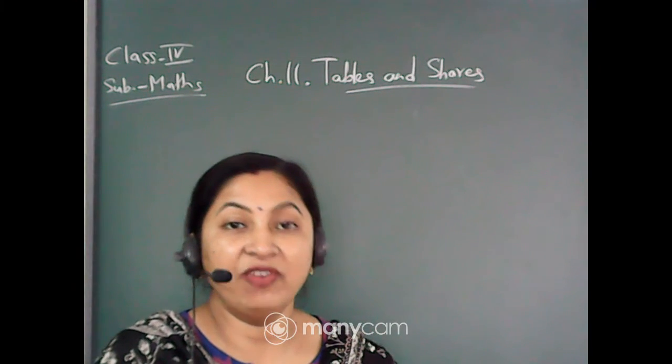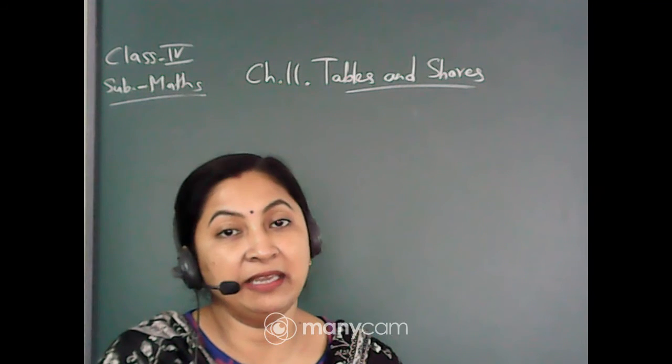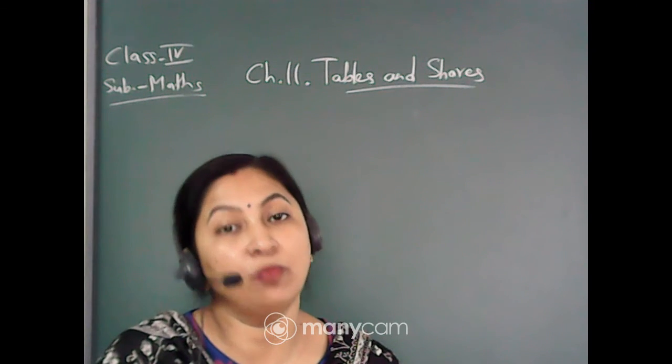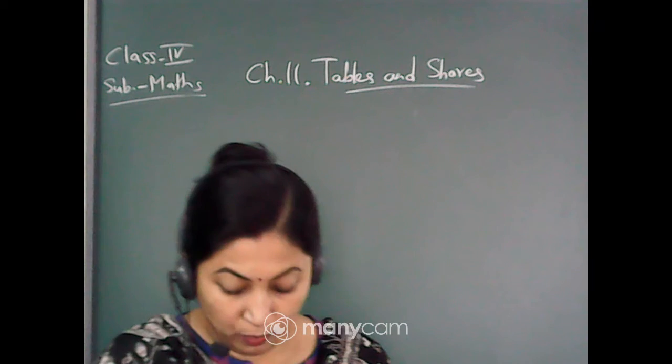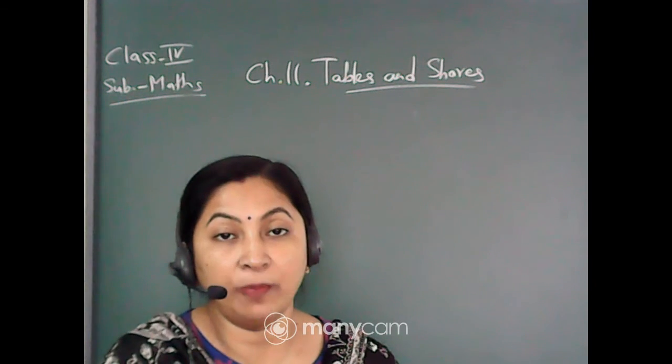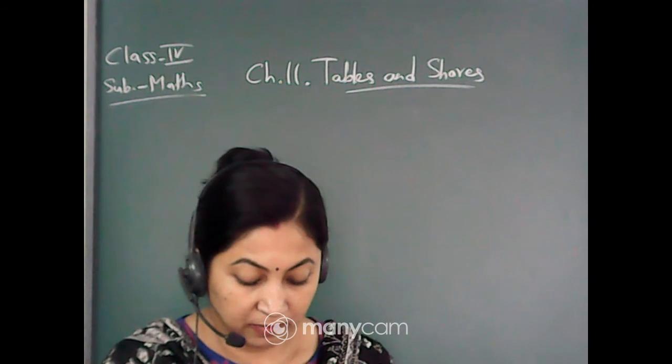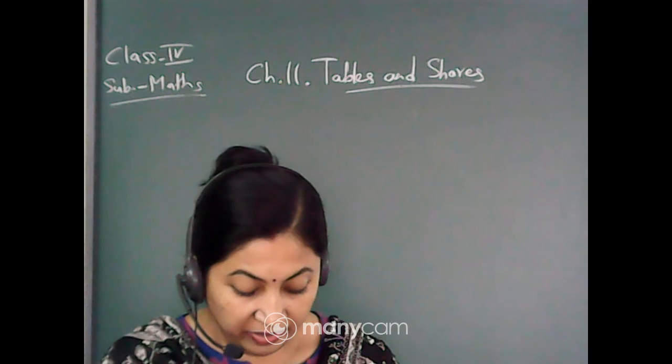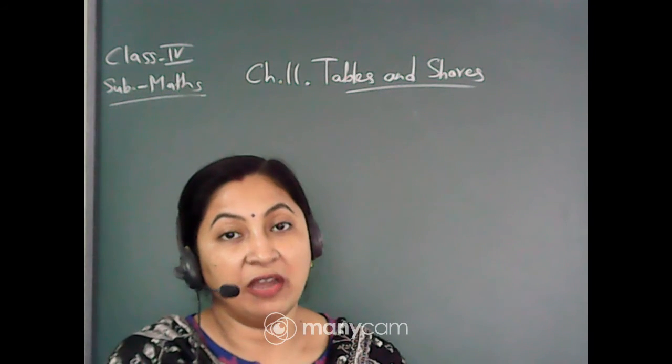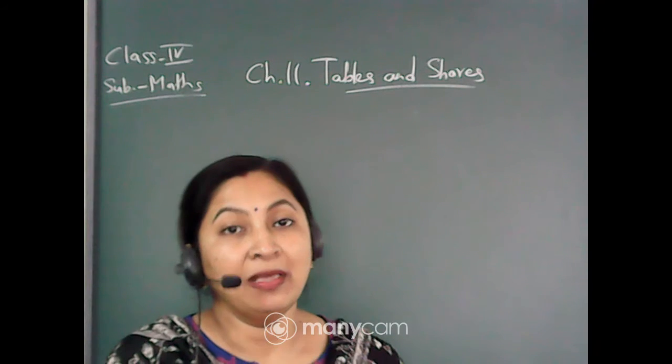Okay, so everyone be ready with your pencil and eraser, because now you will write in your book. So come to page number 121, and the topic is easy tricks. See, here two children are there, Bunty and Guddu. One conversation is going on between these two, that is given here.